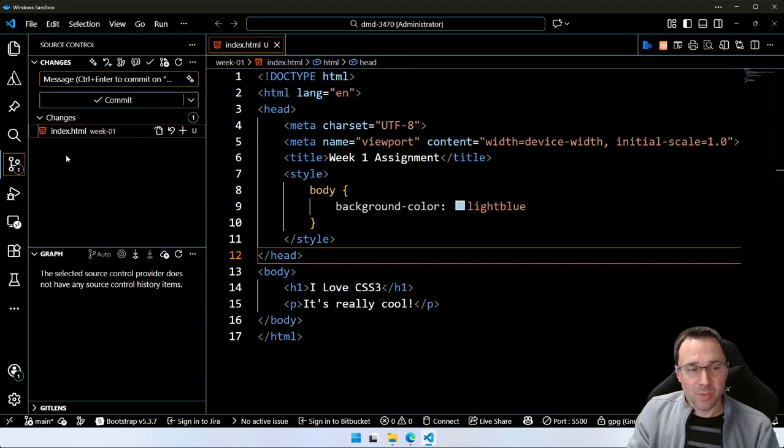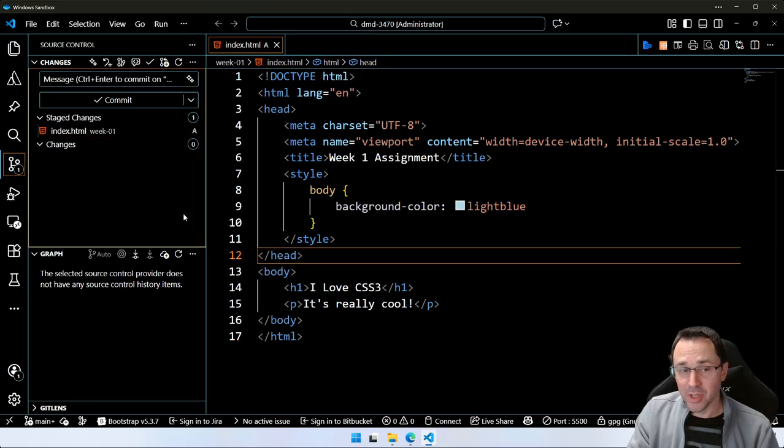So this allows me to go in. It's detecting that I made a bunch of changes to this folder, and I did. I created a new file called index.html. If I want this file included in my snapshot, I can either individually click on the plus sign next to it,